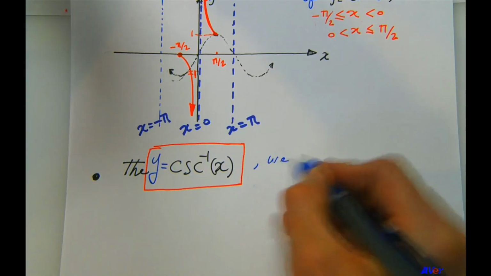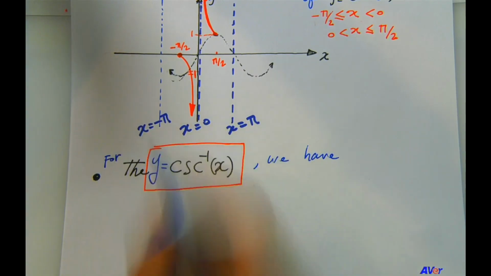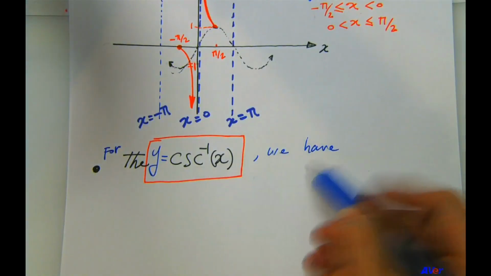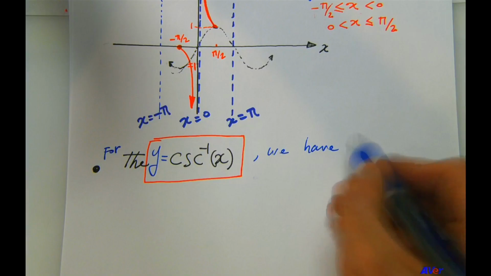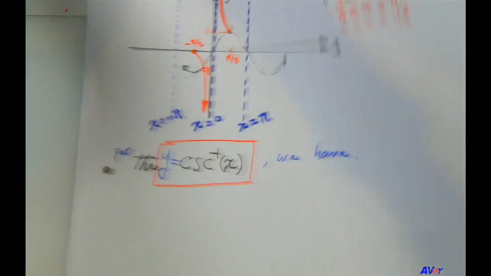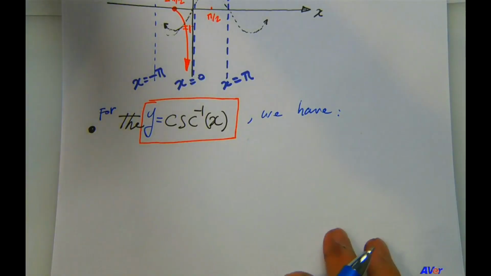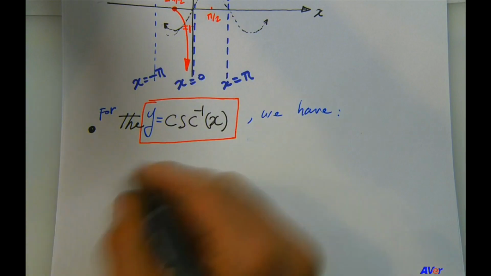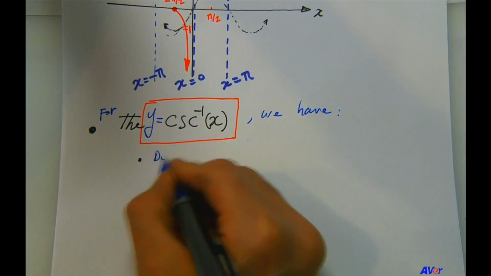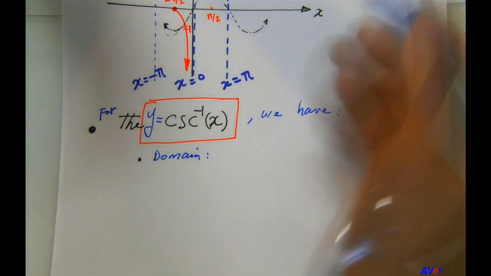So for this inverse cosecant function, I want to word this like the previous page, so they flow more and are more cohesive. Okay, so then the domain, we talked about domain next, so the domain of this should be the range